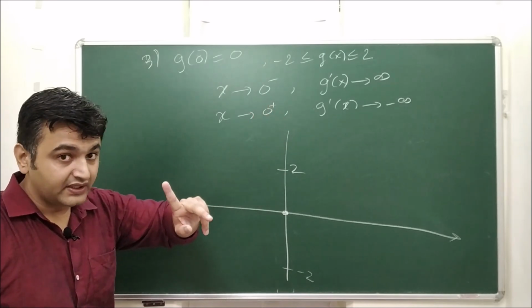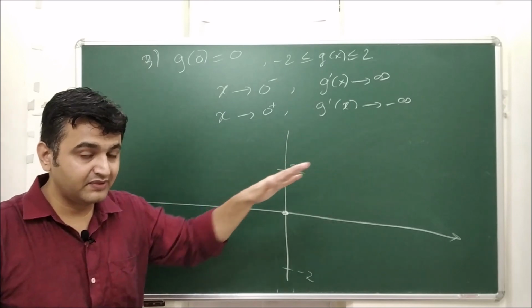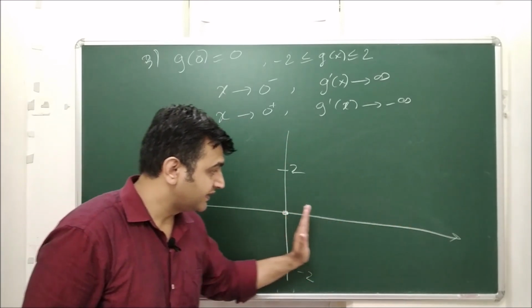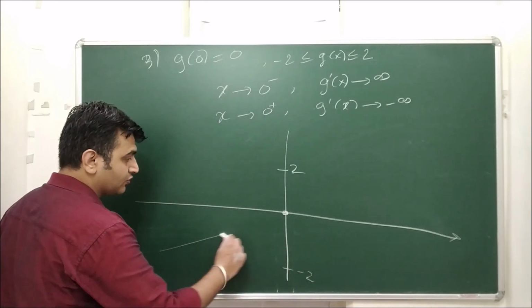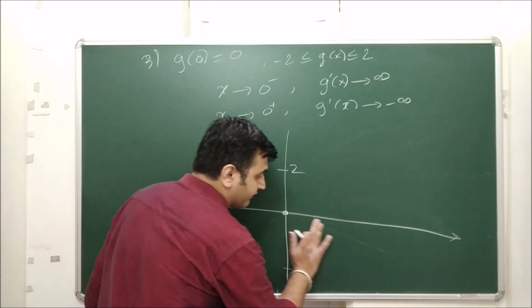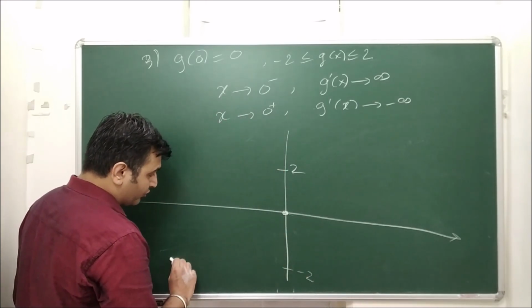It's going to plus infinity. That means the derivative is positive, which means it's increasing. So here it is increasing, here it is decreasing. So I know it's increasing over here, it's decreasing over here. Good. What can you say about concavity, concave up and concave down? Now here, can it be concave up?